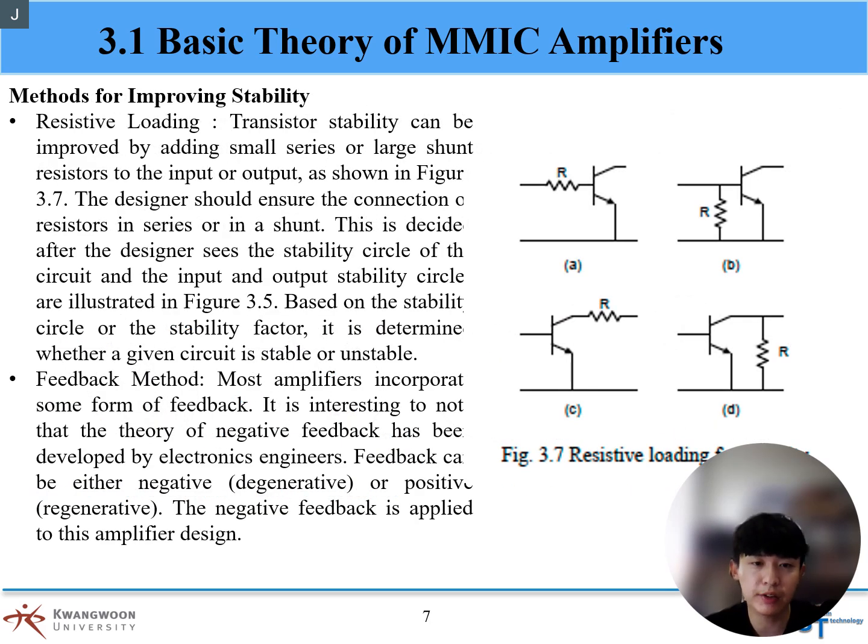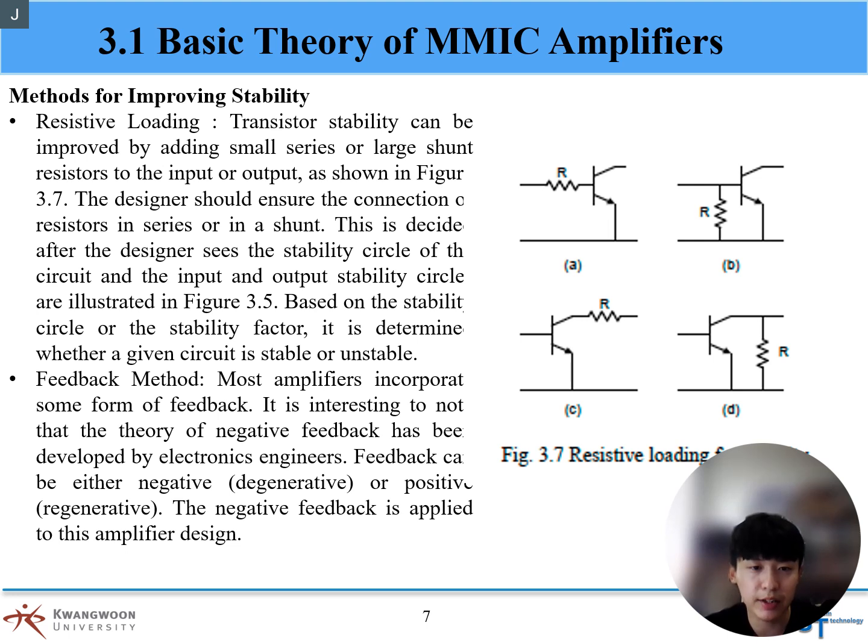There are some methods for improving the stability. First is resistive loading. Transistor stability can be improved by adding small series or large shunt resistors to the input or output, as shown in Figure 3.7. The designer should ensure the connection